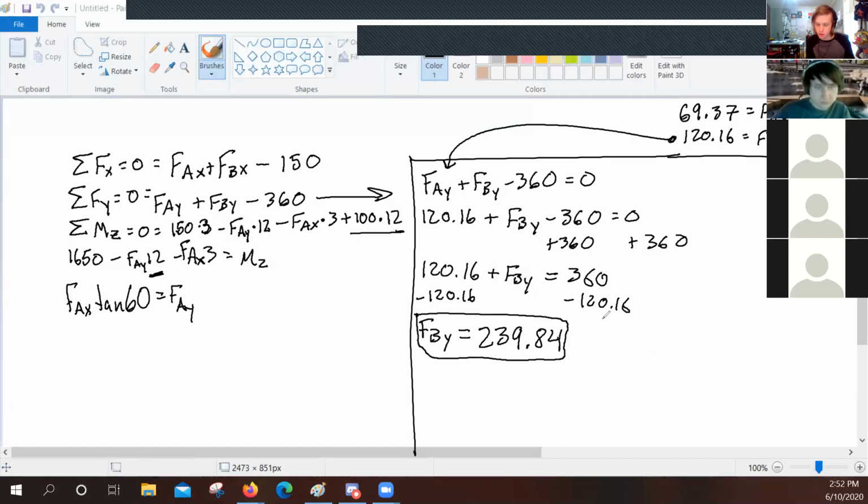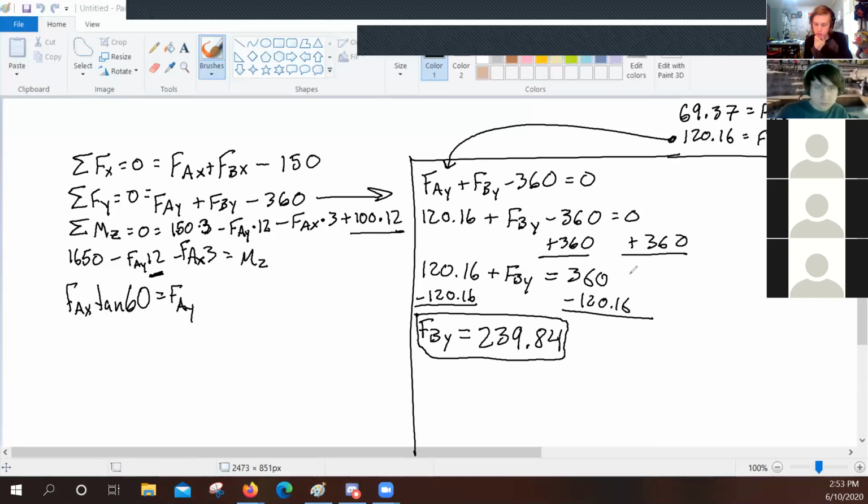Does that make sense to everyone? Kind of written out this way? Yeah. Does anyone have any questions on how this works or how any of this works, I guess? How did we get to 239.84? Yeah, so 239.84. That is 360 minus